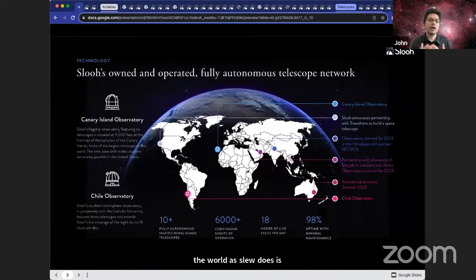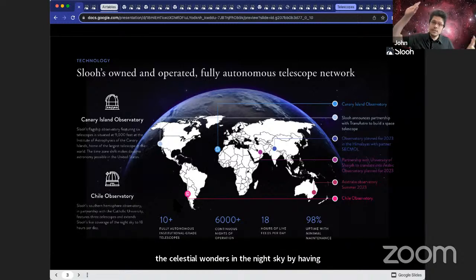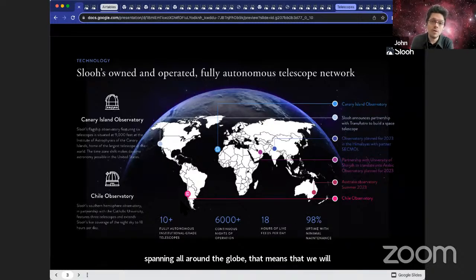What's really important about having telescopes spanning the world as Slooh does is it allows us to unlock all of the celestial wonders in the night sky. By having telescopes in the northern and southern hemisphere, we can see things in either direction. By having telescopes spanning all around the globe, that means that we will have 24/7 all sky coverage of the night sky once the Australian Observatory comes online. That means that any time that you'd like to jump on and look into space with Slooh, you are going